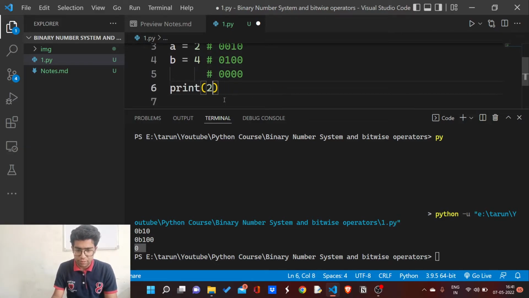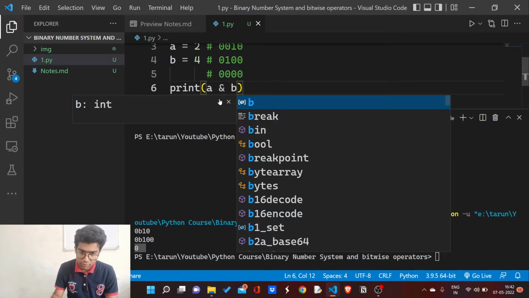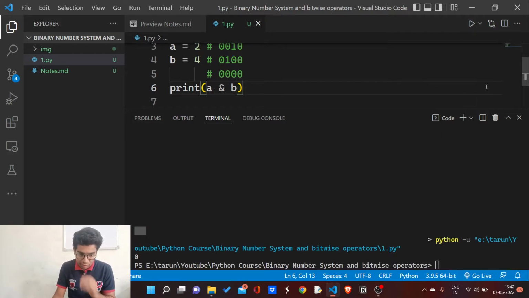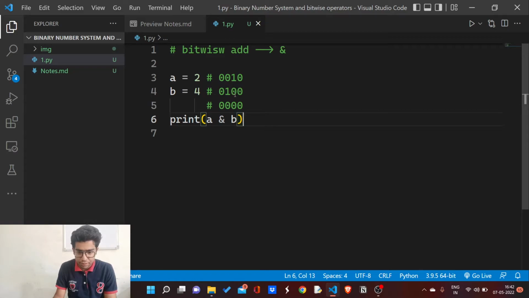So I can do the same with variables. Now if I take a number like that, this is by the way 6. 6 has this binary representation, you can check: 2 power 0 plus 2 power 1 is 2, plus 2 power 2 is 4, 4 plus 2 is 6. Now this will result in 2.